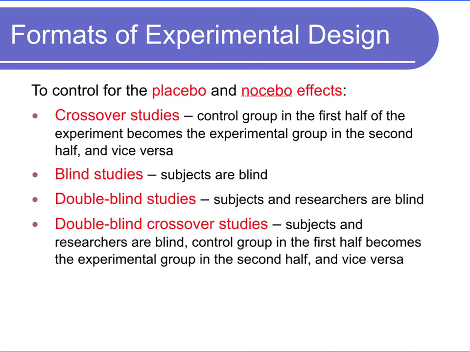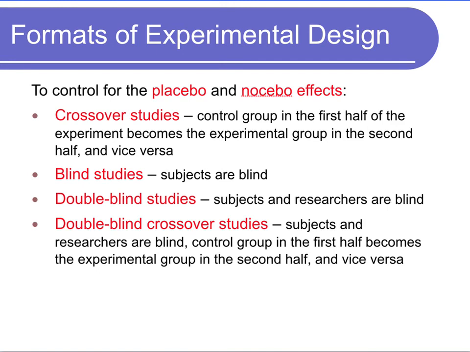Now, if we have these considerations to take in human experiments, how do we control for that? Well, it would be really how we design our experiment. So the first way we can design our experiment is to do a crossover study. A crossover study is where the control group in the first half of the experiment will then switch places with the experimental group. So we have group A, we have group B, we do the experiment,